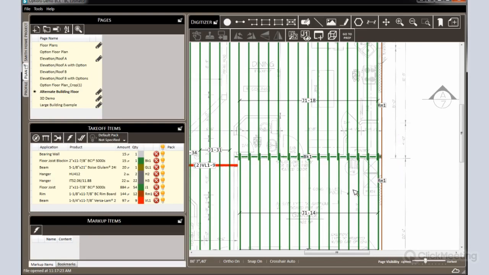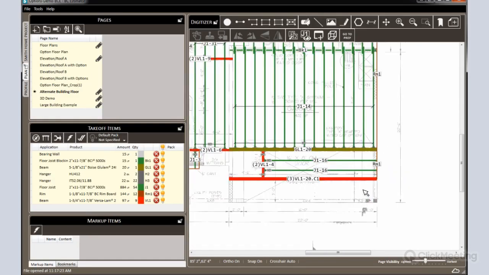So another feature that's new is the ability to send something to BC Calc. For those of you who have used BC Estimator for a while now, you all know that BC Estimator is not design software, and it still isn't design software. But what we've done is we've allowed you to take the geometric data from things that you've drawn, such as a beam, and send that geometric data out easily to BC Calc, to the web BC Calc,